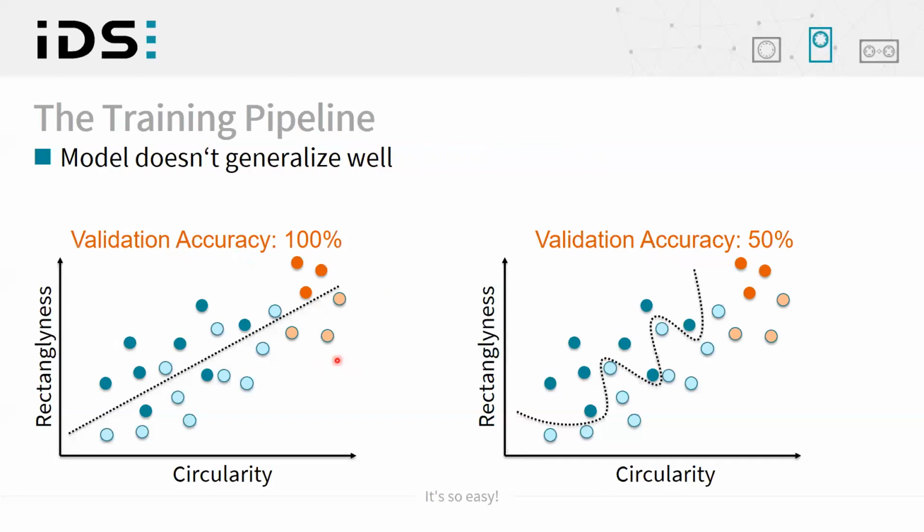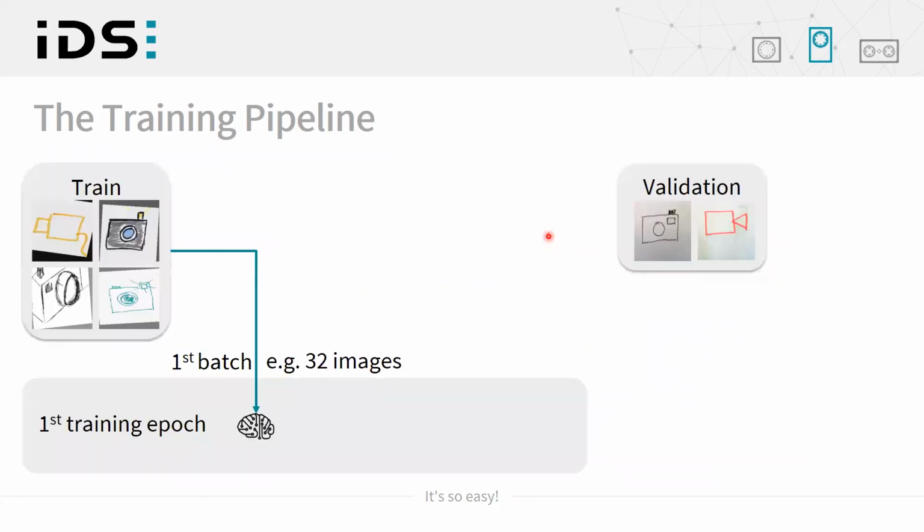These data points have not been used by the model to adapt the parameters, so it couldn't learn them by heart. If we had the correct linear rule here, we'd end up with a validation accuracy of 100%, which is good. But in this case, where the rule doesn't make any sense and doesn't generalize to unseen data, we end up with a random accuracy. Basically, the model didn't learn anything meaningful here. So when we talk about accuracy, the validation accuracy is certainly the more relevant measure.